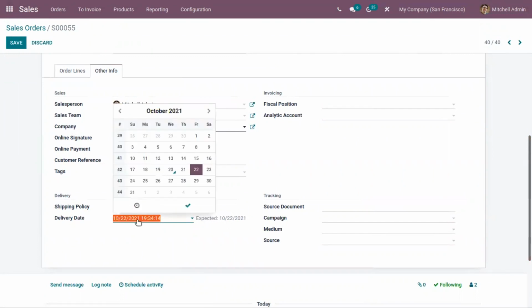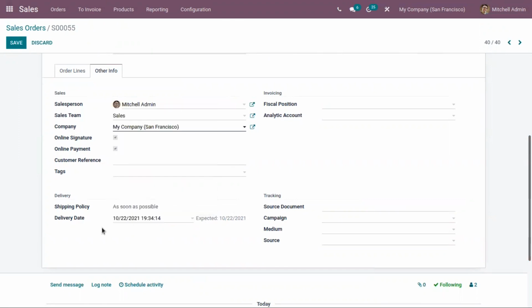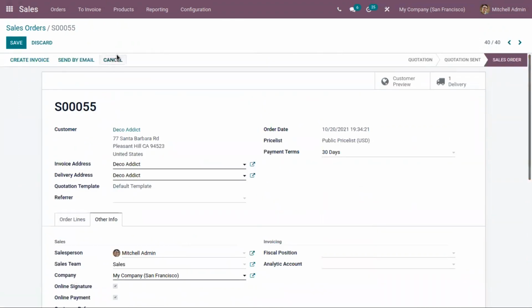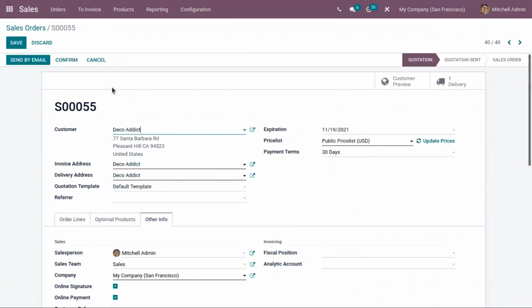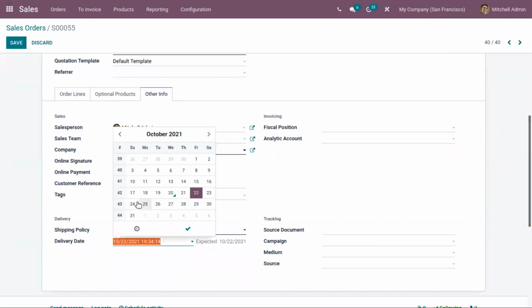And it is also possible to update this delivery date. Like here you can cancel the sale order, and when you set it to quotation, it's possible to change the expected delivery date.